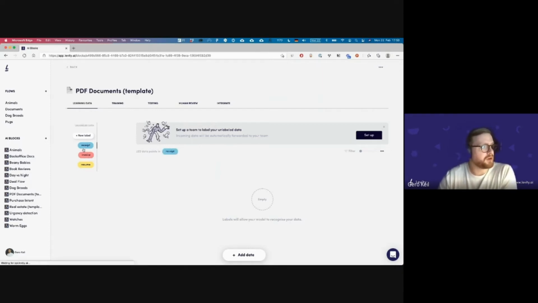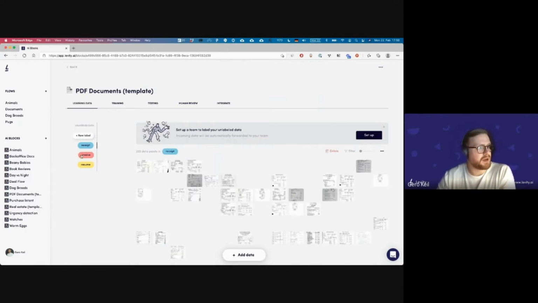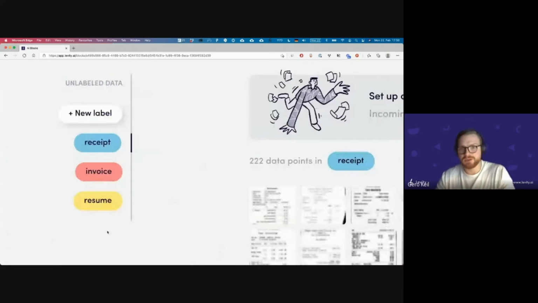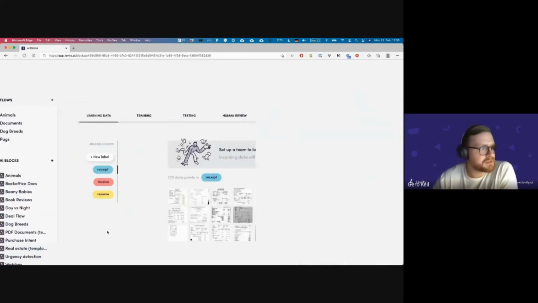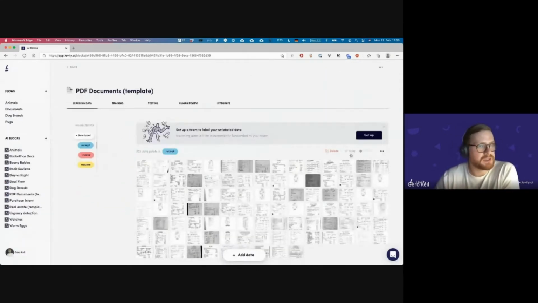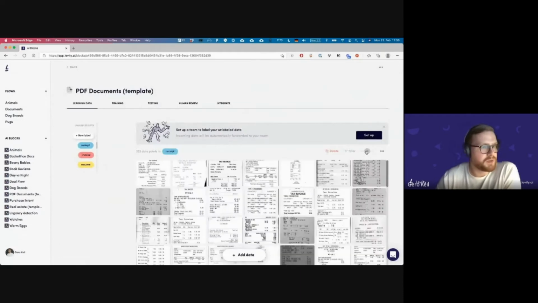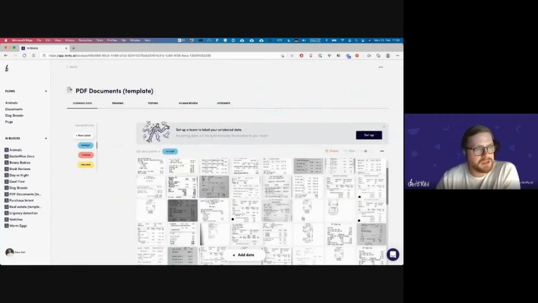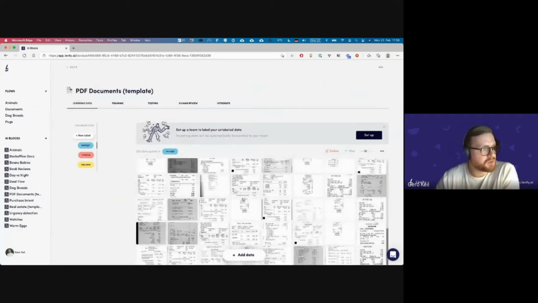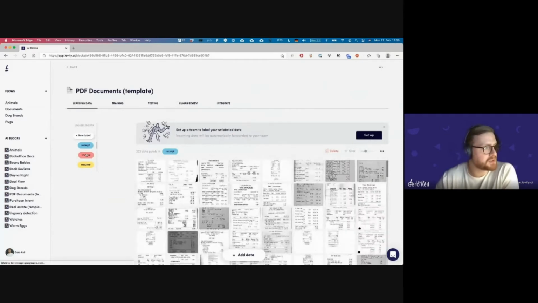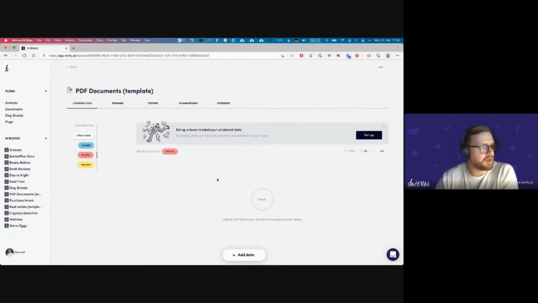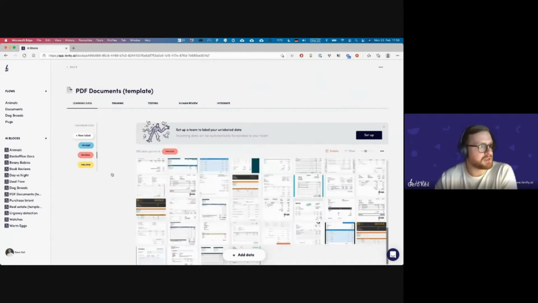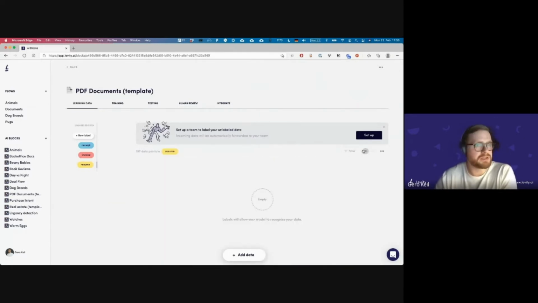And what we're doing here in the label section is defining the 3 different types of things, or it could also be 5 or 10 or 50, that we want the AI to learn to identify. In that case, it's receipts, invoices, and resumes. Here we can see that we uploaded 222 receipts, bills. We uploaded 105 invoices, and we uploaded some 100 resumes here, for example,